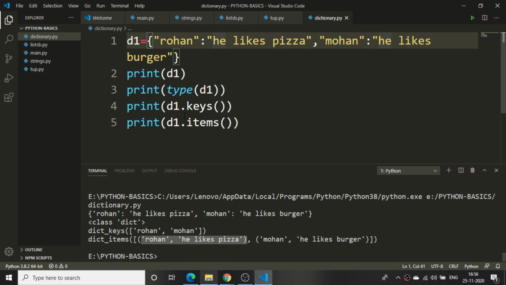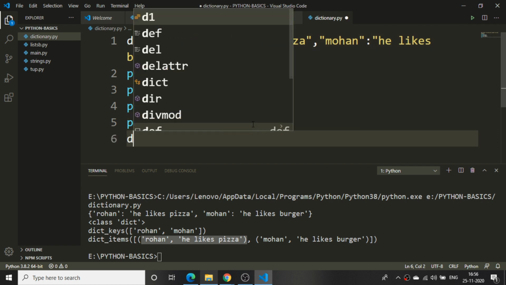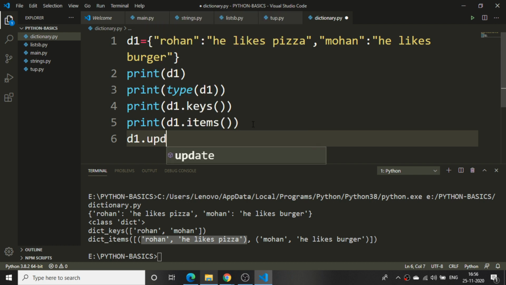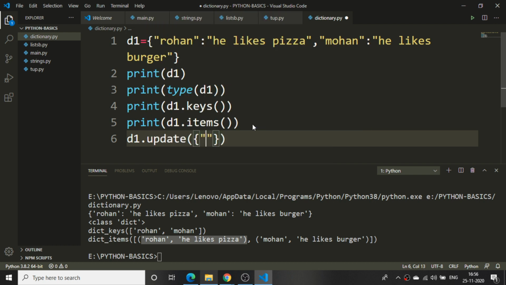Even I can update the dictionary whenever I want. I will use D1 dot update to add one more person, Soumya, she likes chocolates.